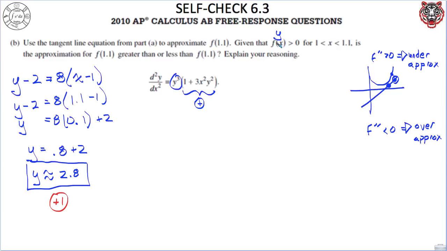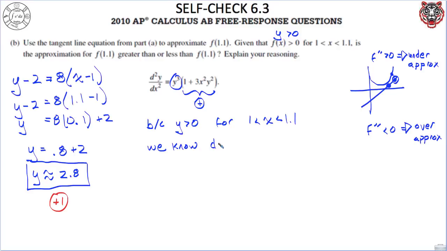It says, look, y is really f of x. Y is always greater than 0 for that interval. So you're going to say, well, because y is greater than 0 for that interval, for 1 is less than x, which is less than 1.1, between 1 and 1.1, we know that this thing is interval. So we know